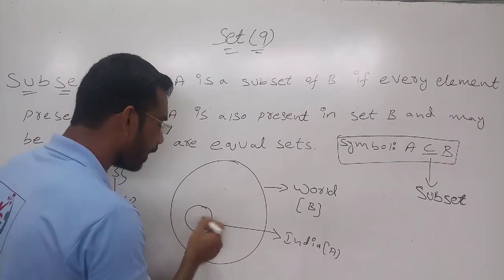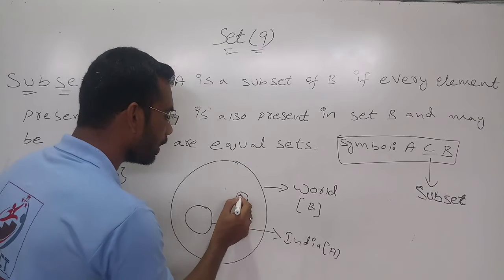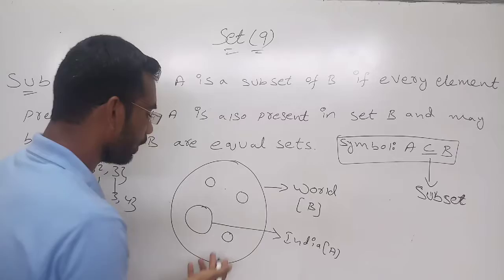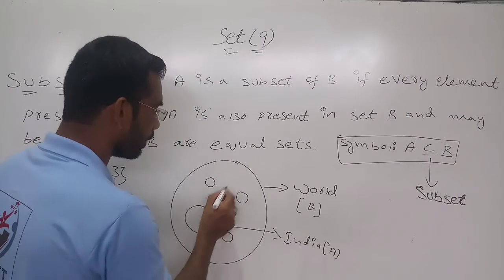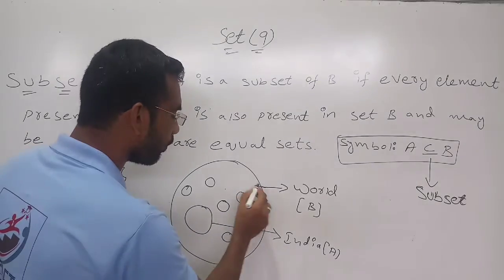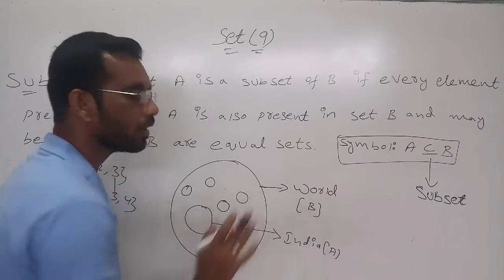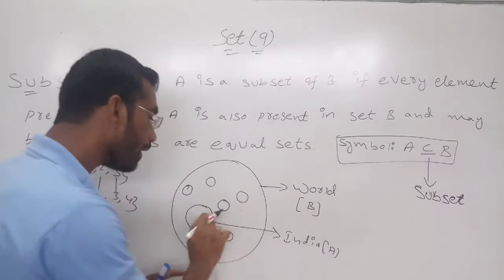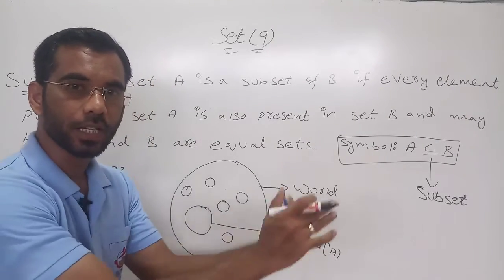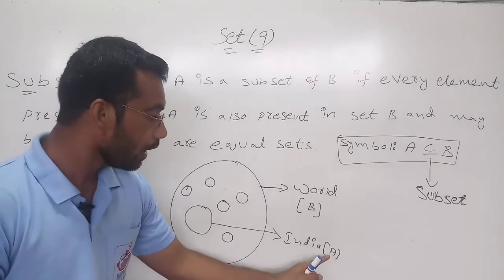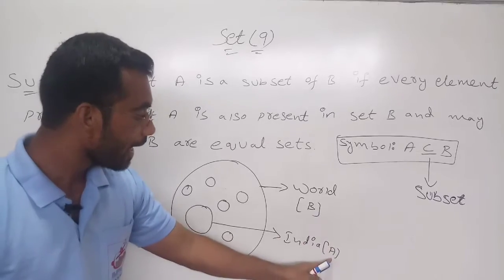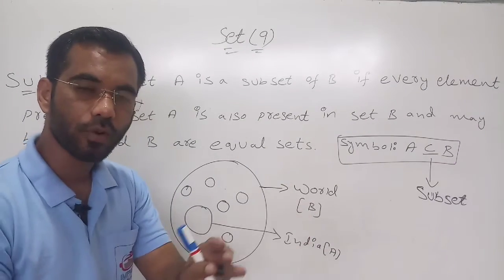Here in the world you will find India, Australia, Europe, America, Pakistan, Bangladesh, many countries. All the countries are present in the world. India is also in the world. So if I choose India, then India is present in the world. I am naming India as A and world as B. So A is a subset of B. That means A is from B.